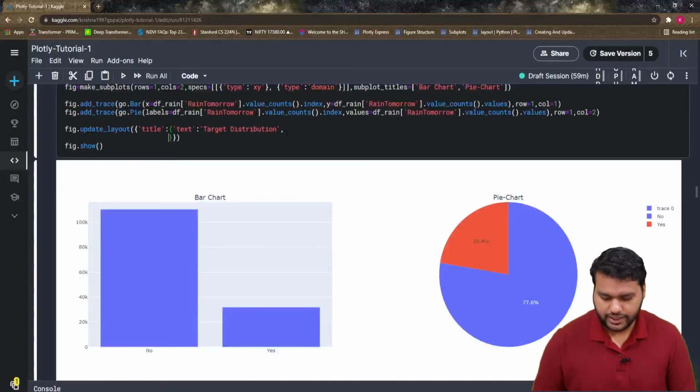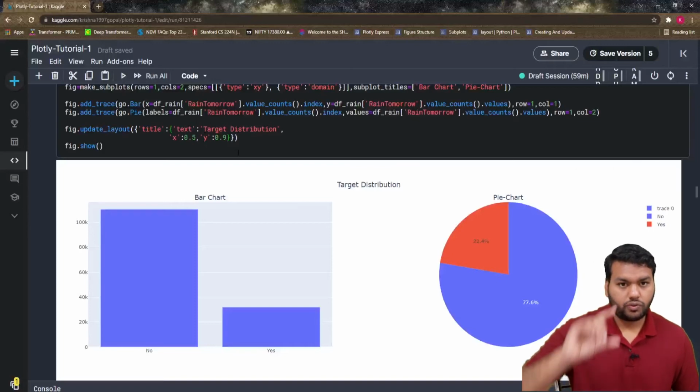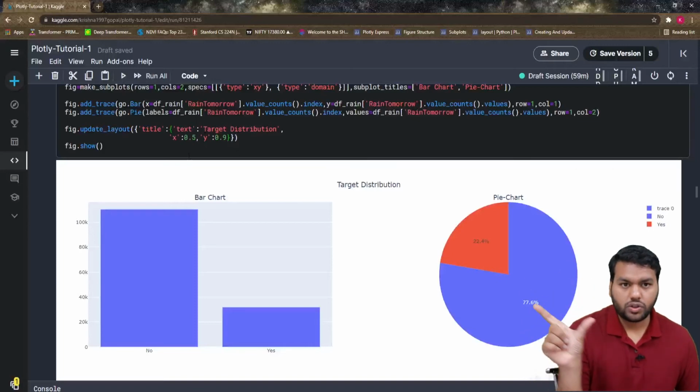You can set its x and y position. X, let's make it in the center, and y, let's put 0.9, and see it. Yes, so the target distribution comes in the center, y is your vertical distance, and x is your horizontal distance.